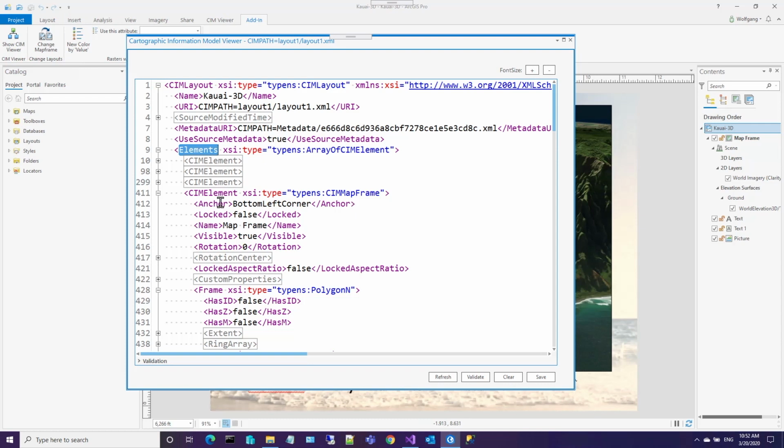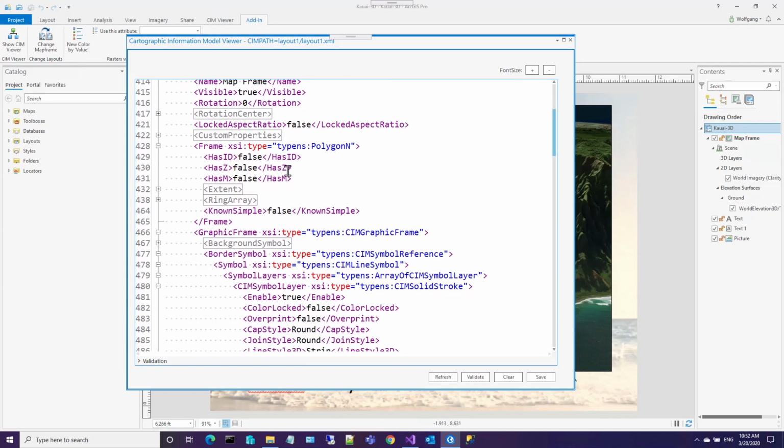One of those sim element properties that I have here is a sim map frame. So the sim map frame is what I want to focus on